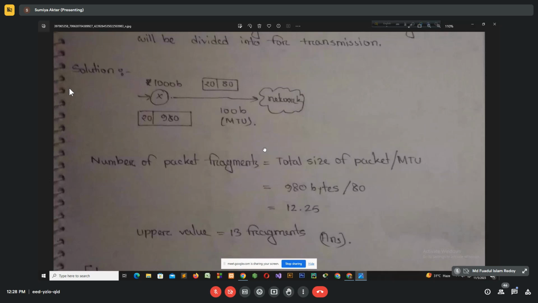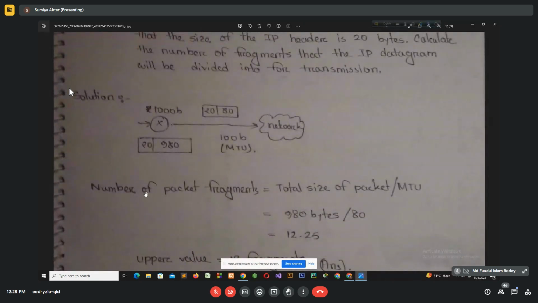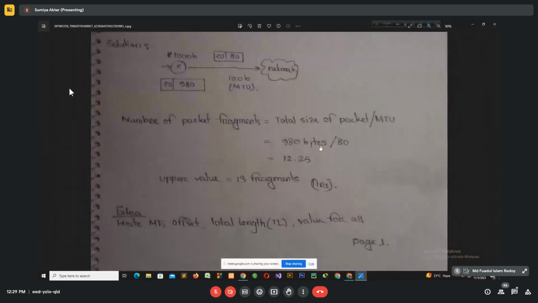Now you have to do the fragment dividing. The packets you want to send, you have to divide. This is my total size of the packets. As we are sending 1000 bytes and 20 is my IP header, I will not count this one. I will count the 980 for our total size of packets. And then the MTU, the maximum transmission unit, will be our 80. We will not count the IP header here. So as you can see, after dividing, we get the